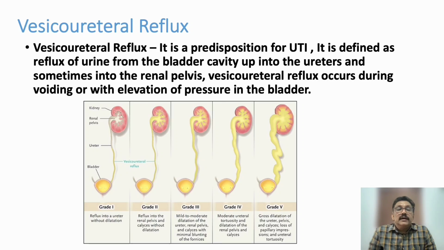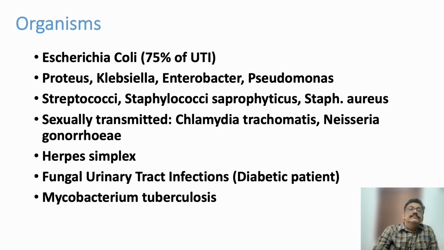These refluxes sometimes can produce structural deformity in the ureter and sometimes a problem in the kidney, and it can lead to permanent scarring, urinary tract infection, all those things. It is very common in children. This type of urinary tract infection is very common in children, especially in male children. If you are seeing urinary tract infection, this has to be evaluated thoroughly.